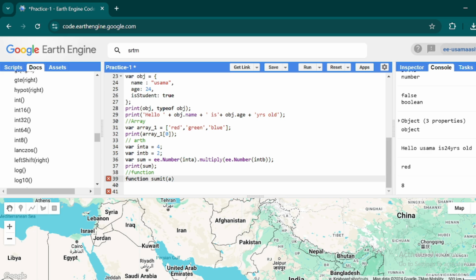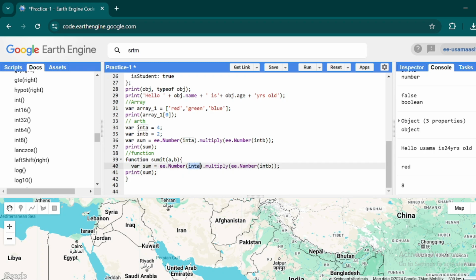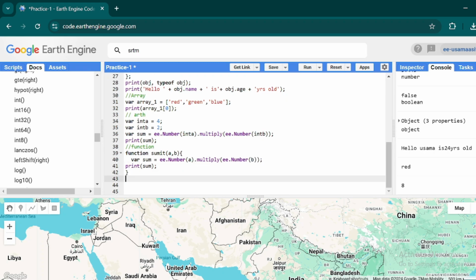Let's say one parameter is a and the second parameter is b, and then what will my function do? I will write in curly brackets just like this, and then just copy and paste this code and replace it with a and b parameters just like this. Now if I want to add 2 integers, then I simply call this function and give it the values 5 and 8.